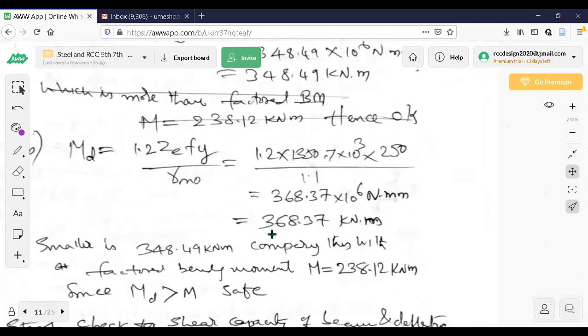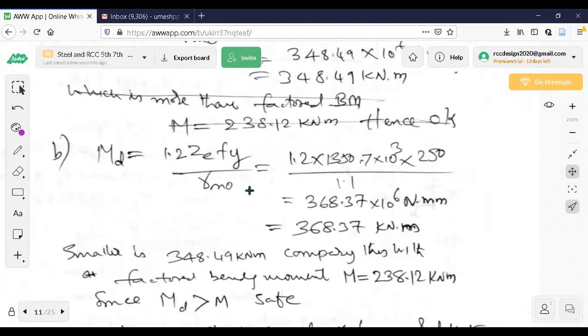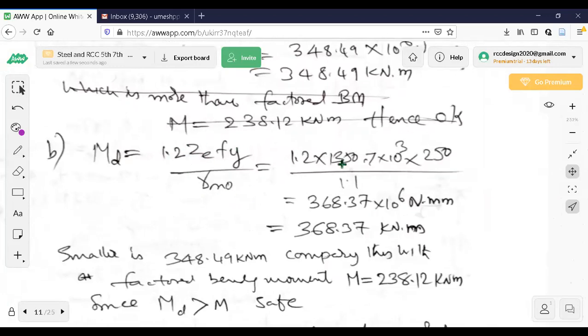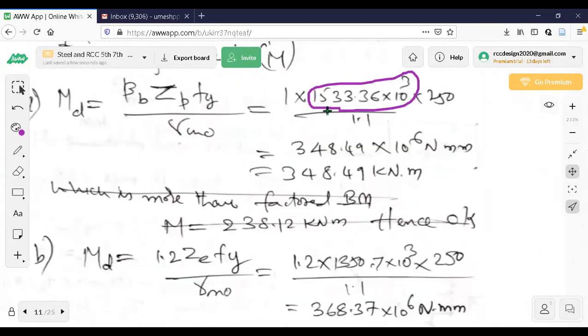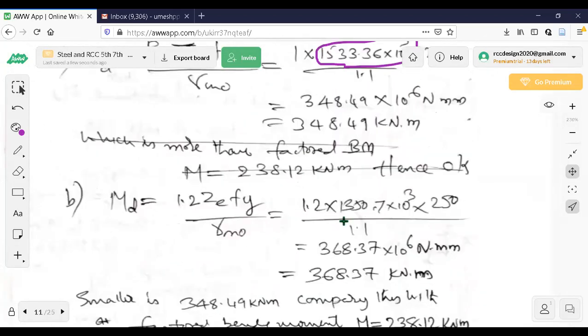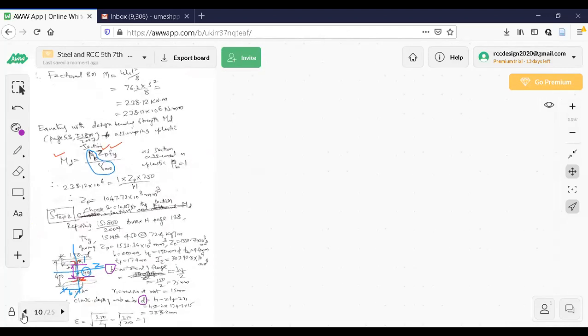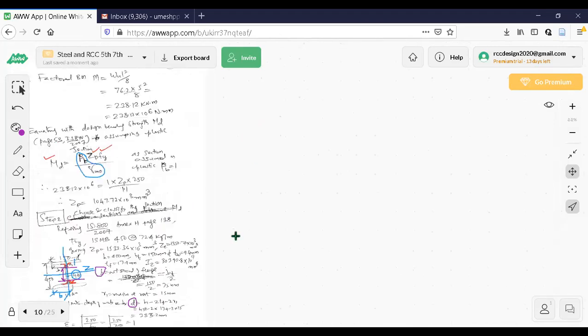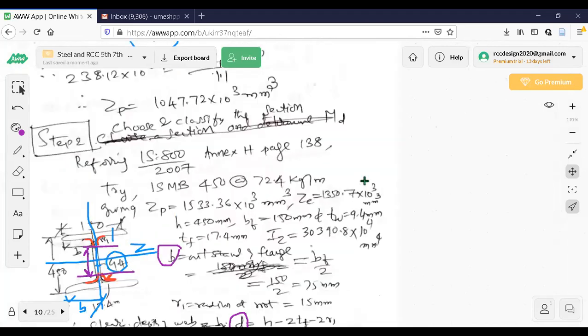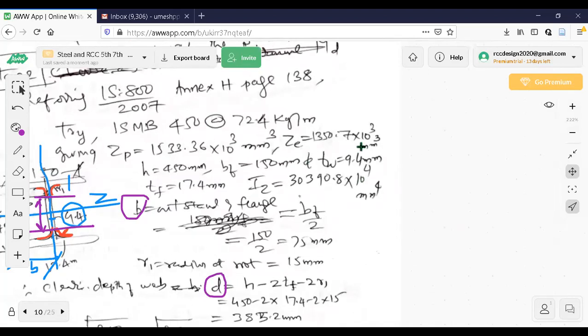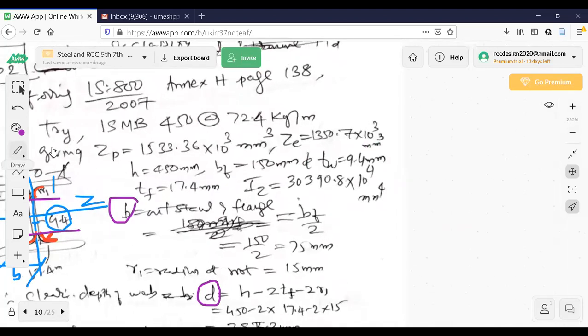Observe here. What I have done here is MD, I am going to use this formula now. Observe this one, 1.2 ZE. Here ZP is used. From where did I get this ZE? From the steel table for the corresponding IS I section, ZP was obtained. I have written this once the section was decided. See this one. I don't know whether I have written ZP here or ZE. See here, it is here. ZE is also here. This should be used in the second equation and not this one. This is used for the first equation.